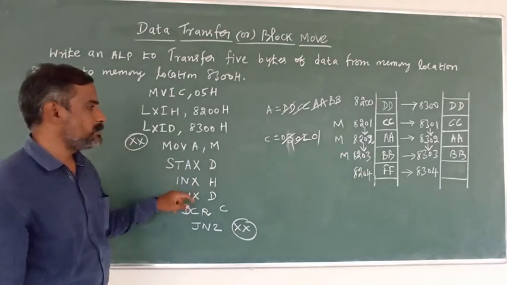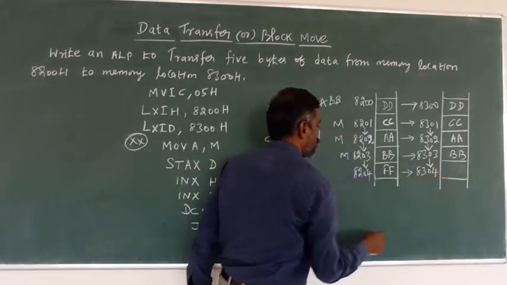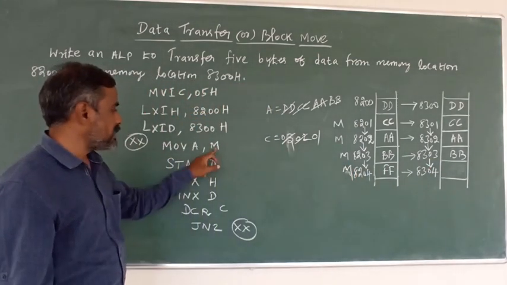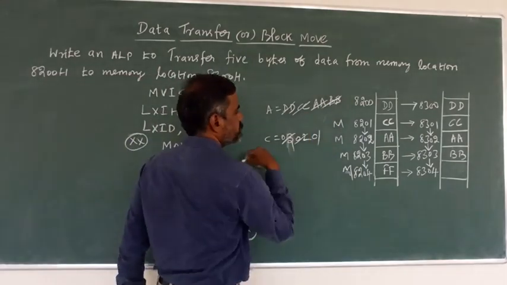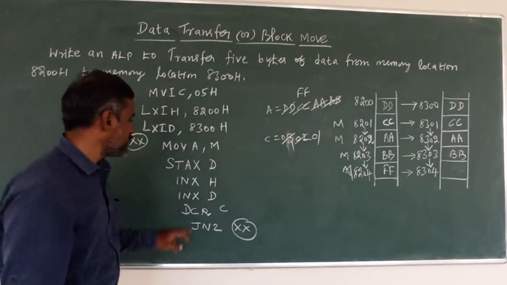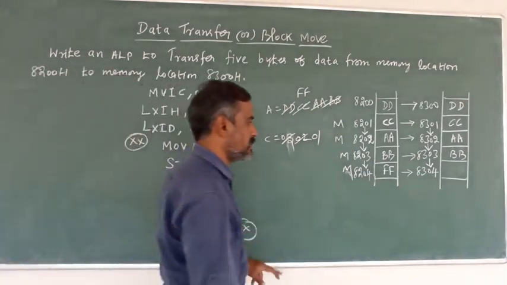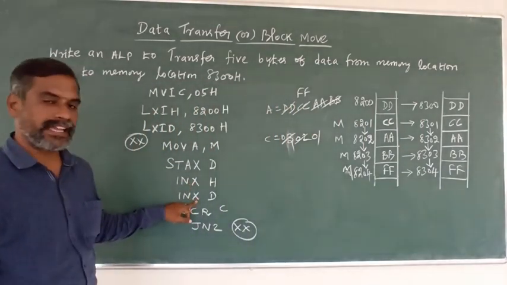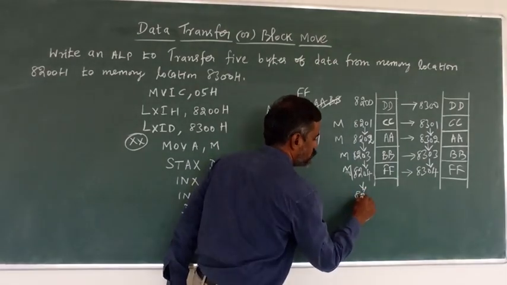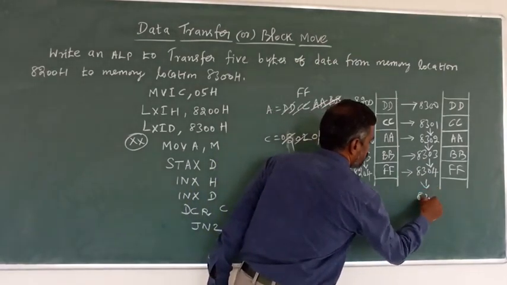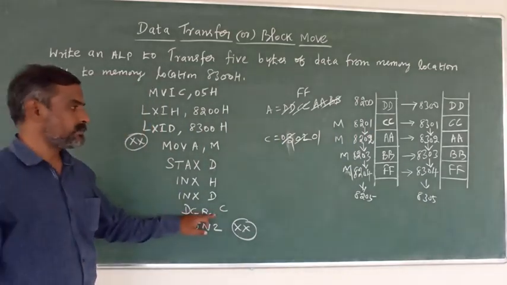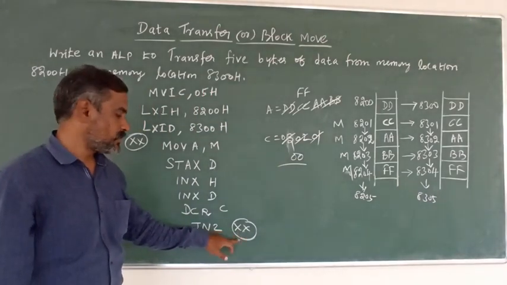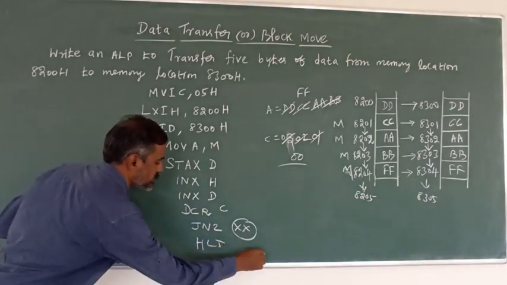Okay. Now the address will be incremented. Now this is the memory. Now the memory data moves to the accumulator. Now the accumulator holds FF, and it is stored at the given DE register pair address. Now FF will be stored. After that, INX H and INX D. Now the address will be incremented to 8205, and 8305 will be incremented for the destination. Next decrement C, now C equals 00. Now check whether it is 0 or not. 0 means now stop the process.